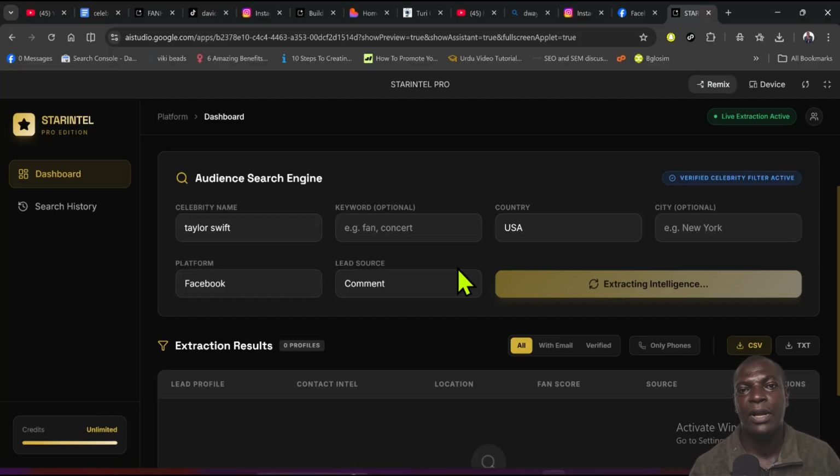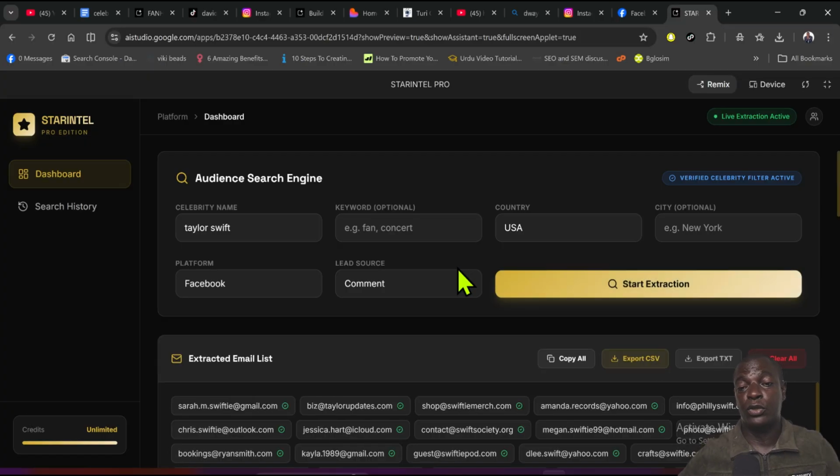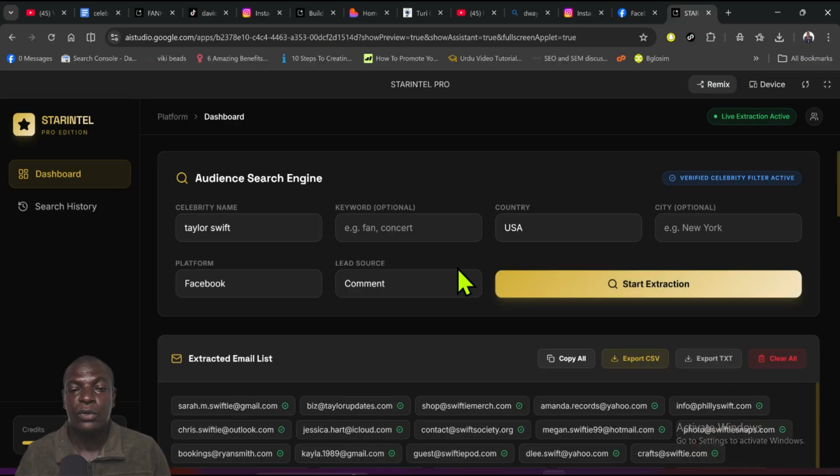So now, how do you get this software? How do you get the master prompt to build the software? All you need to do is to join our community. So once you join the community, we are going to give you access to this master prompt. And we're also going to give you several master prompts that you can use to create bulk email sender sites. You can use it to do